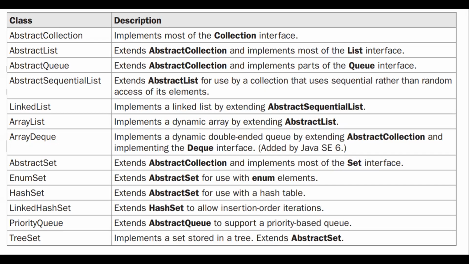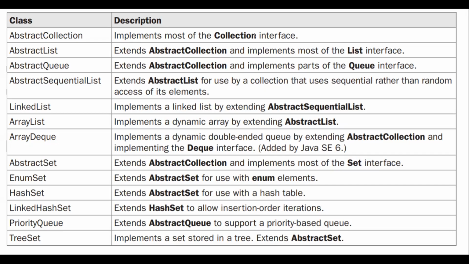The abstract collection class implements most of the collection interface. Abstract list extends the abstract collection and implements most of the methods in the list interface. Abstract queue extends the abstract collection class and implements the queue interface.